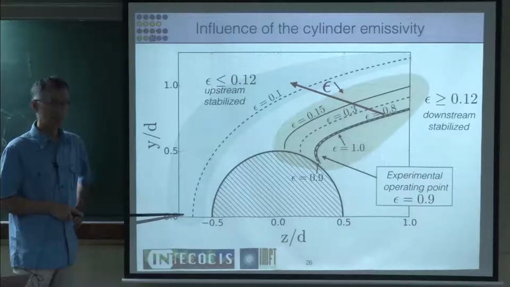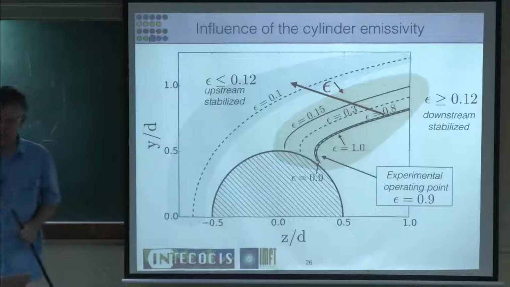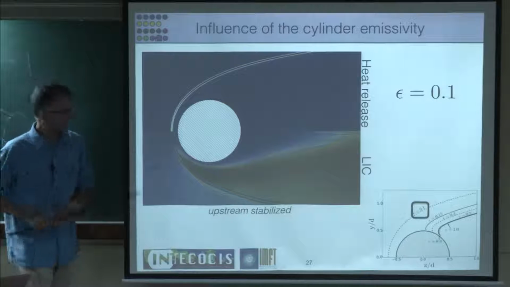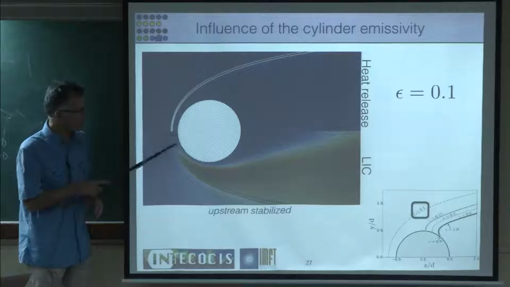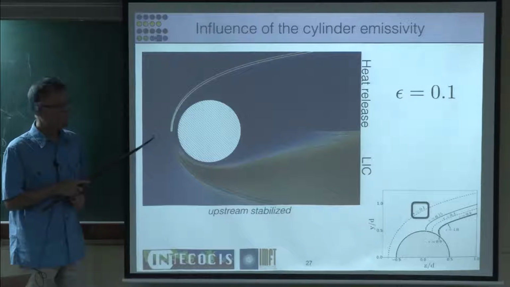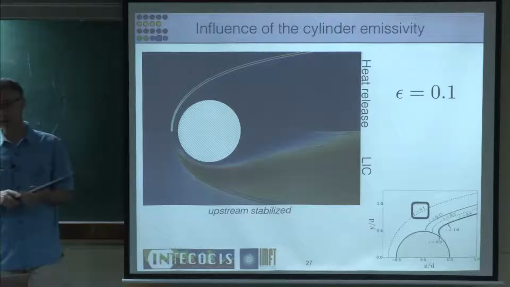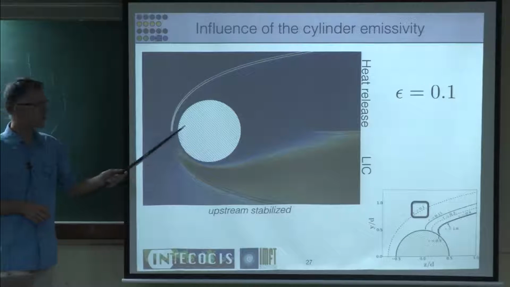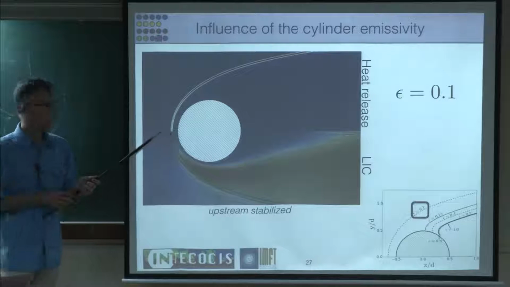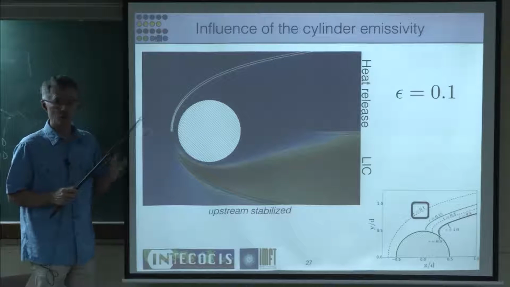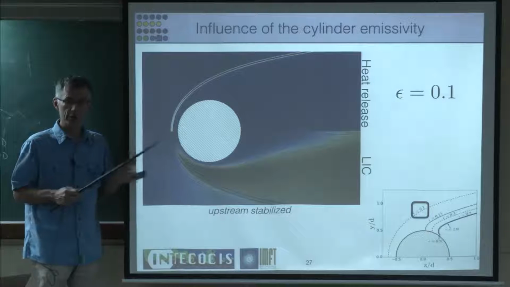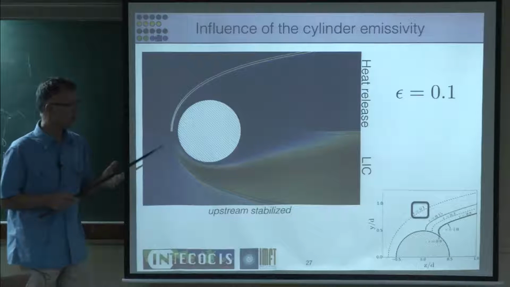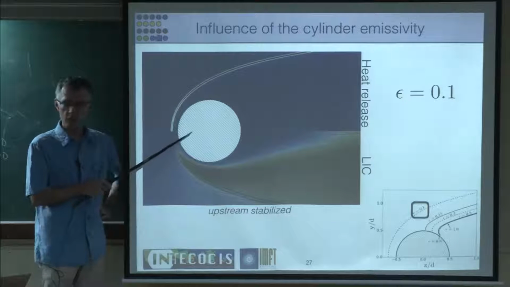So now that's a very strange situation where the flame is stabilized upstream of the cylinder. And that's the shape of the flame you obtain. Now the cylinder is swimming in burnt gases and the flame starts upstream of it. Now, of course, if this happens, and we've done experiments where it happens, this thing will go away fast, okay? Because now it's going to very high temperatures. The only way to prevent it from going to high temperature in the simulation is to account for radiation. Otherwise, it would go to the adiabatic flame temperature. We know it's not melting right away. We cannot operate for more than a few minutes.